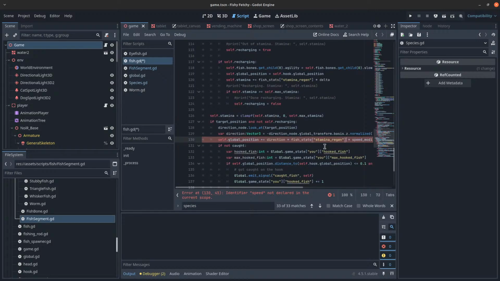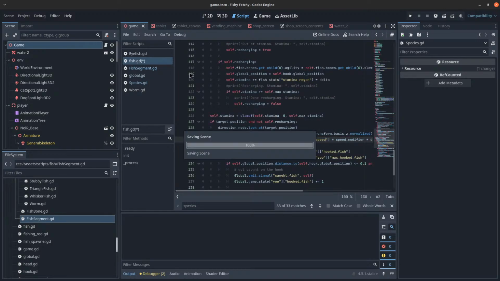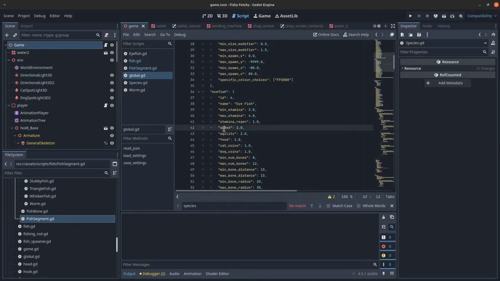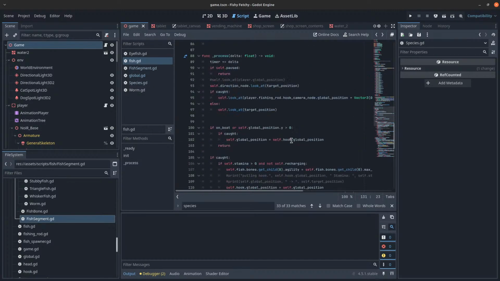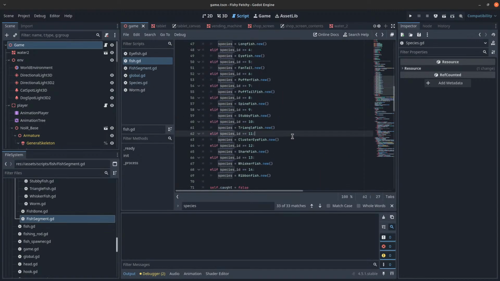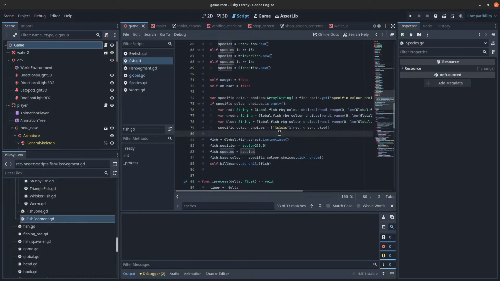And it's still probably speed. Let's see. Speed, yeah. Okay, so in theory this should work the same as before, but oh, I have to